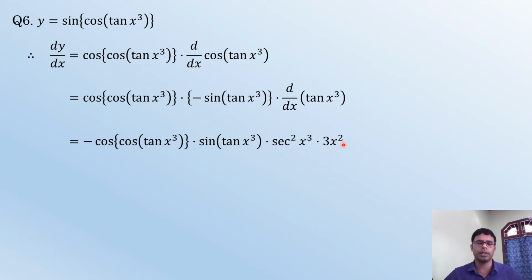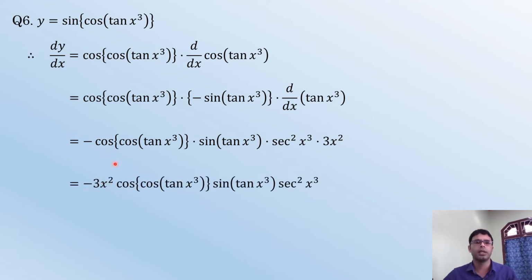Okay, so you may write in simplified form: 3x square can be taken in front of all the functions, like this, so minus 3x square, then cos of this, and sine of this, sec square, this is the solution of the problem. Okay, so next you see